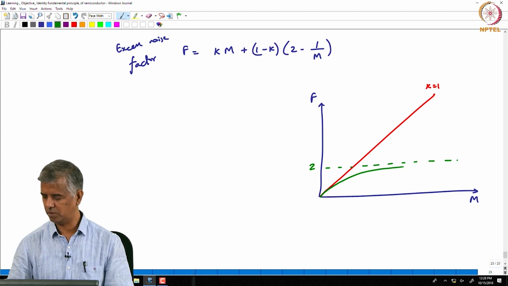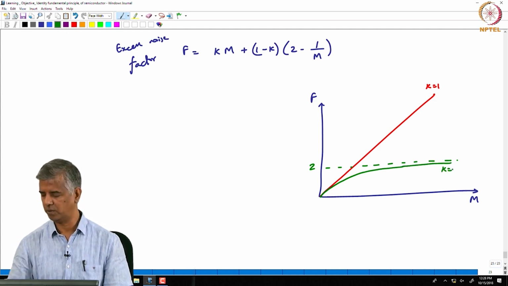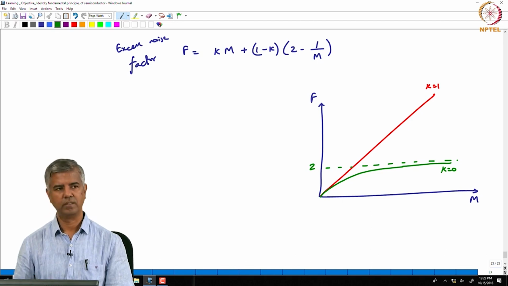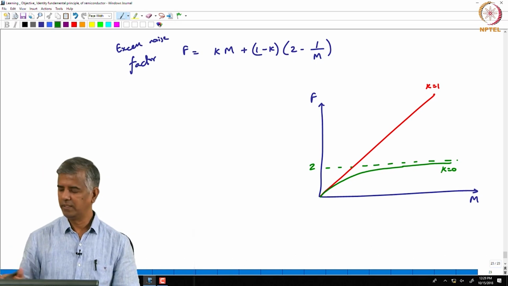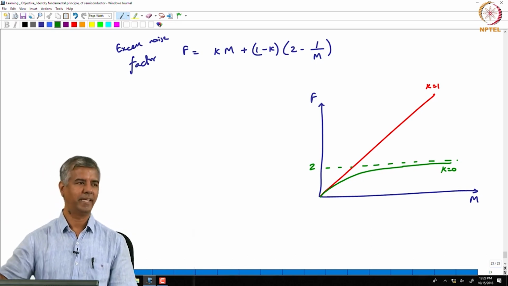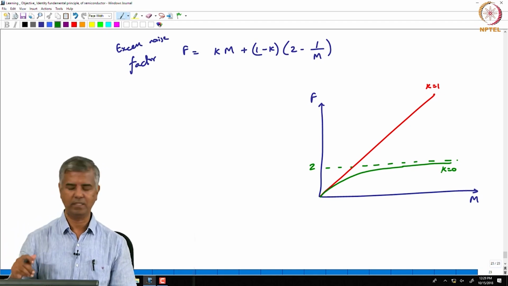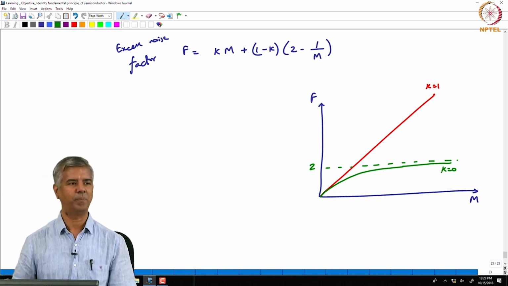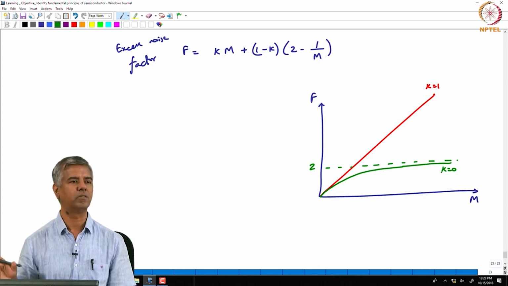So, it will go somewhere like this. This is for k equal to 0. So, which one would you prefer now? Here then you are getting gain, but you are also accumulating noise, right, as rapidly as you get gain. So, overall you are not improving a signal to noise ratio,